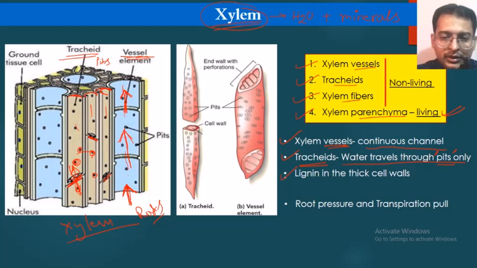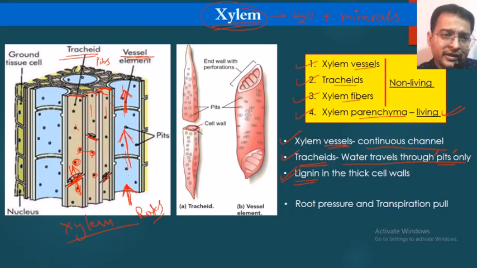The other thing that we are observing is that the cell wall is very thick. You see, we are showing these walls are very thick. They are not thin cell walls because they have the deposition of a chemical substance known as lignin. So what this lignin does, it provides extra support to the cell wall. It makes it much more strong. So this lignin will be deposited on the cell wall. Therefore, the cell wall will also become very thick.